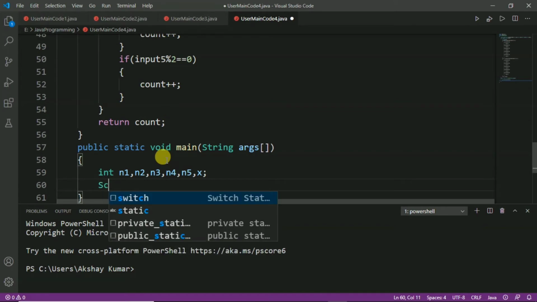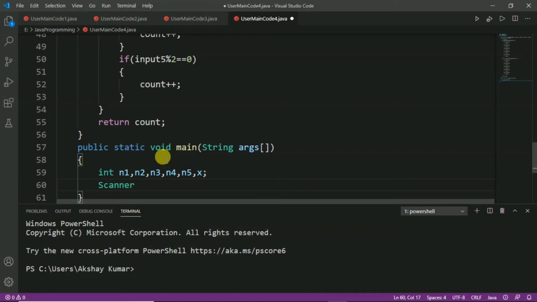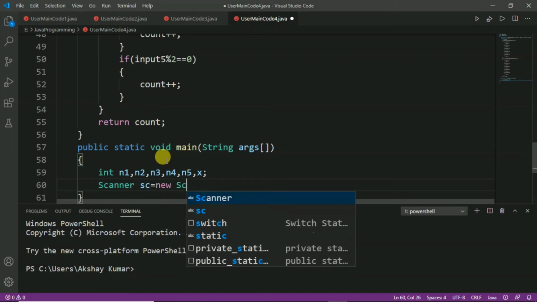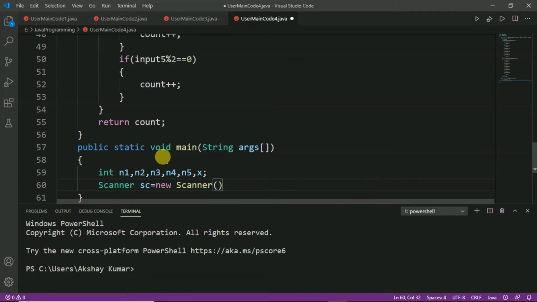After that we will create the object of the Scanner class. So, we write Scanner sc = new Scanner(System.in).